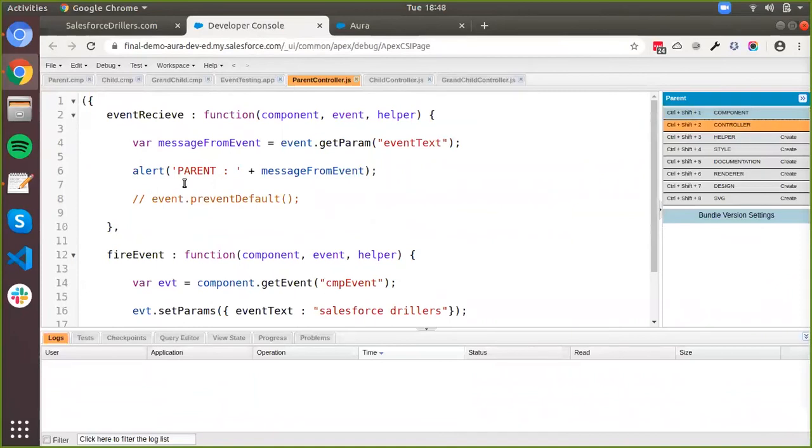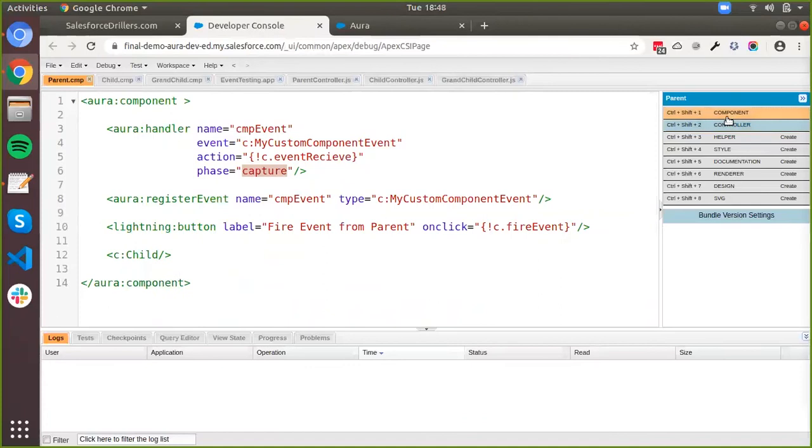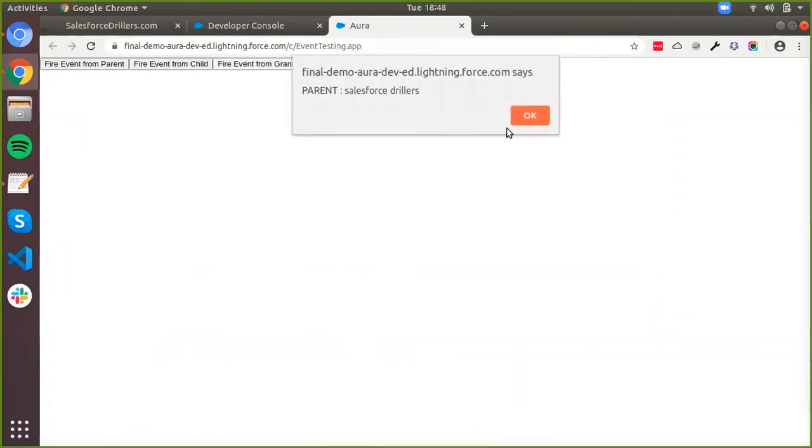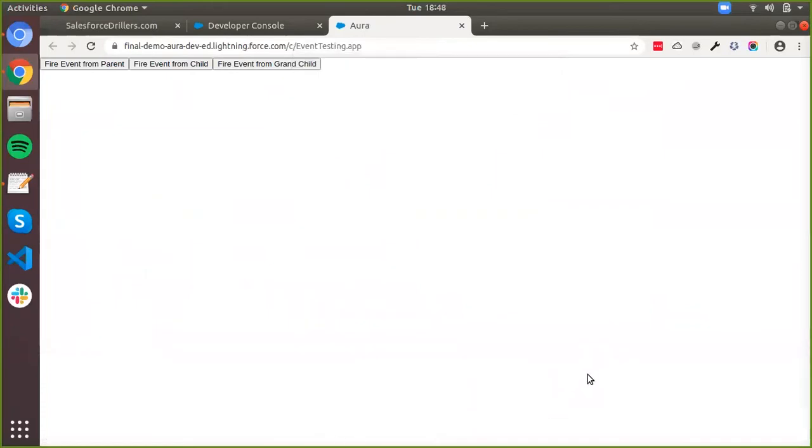But let me now call event.preventDefault in the parent on the capture phase itself. So you'll notice something interesting now. If I call event.preventDefault in the capture phase, then, so we had a little mistake in the code, but yeah, so if I fire from the grandchild now,